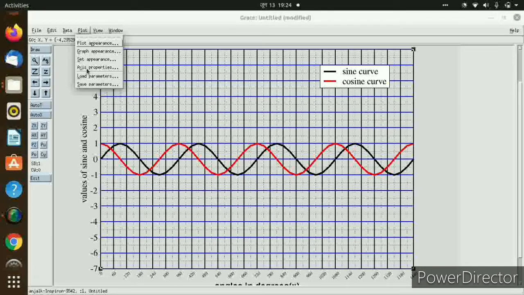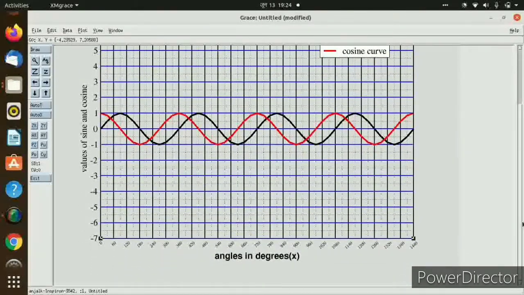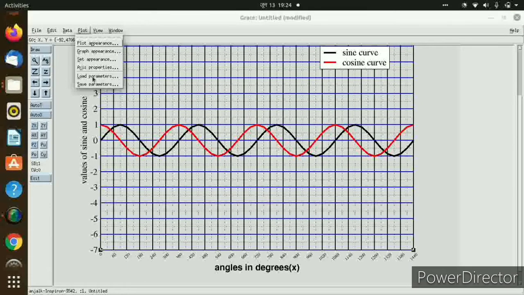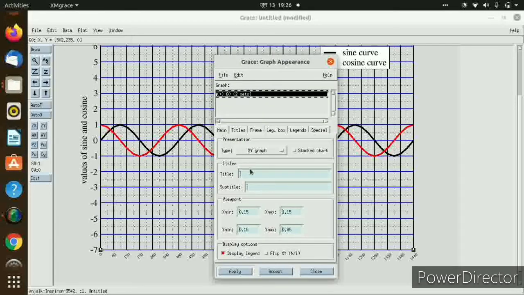Now what we are going to do is just add titles. In the graph appearance, we can see there the main titles, frame, legend box, and so on. We can go in the title tab and just write the title of the graph. This I am doing for a plot of sine and cosine, so I am writing accordingly. In the subtitle, I am writing up to which degrees I am making the graph, 0 to 1440 degrees,